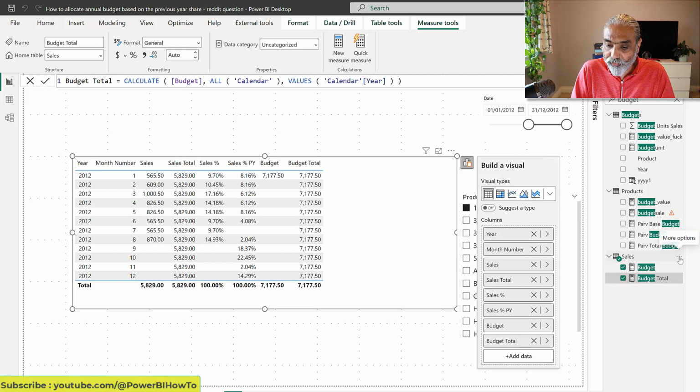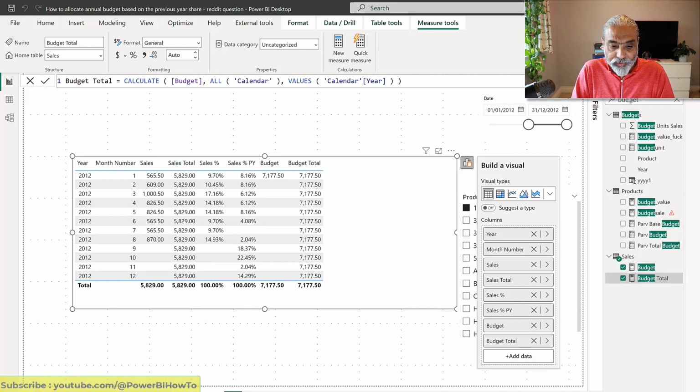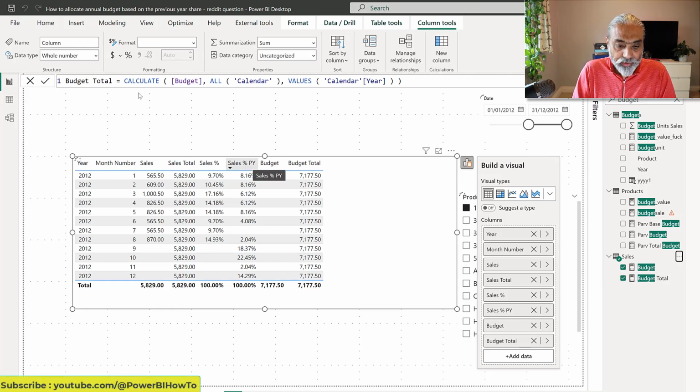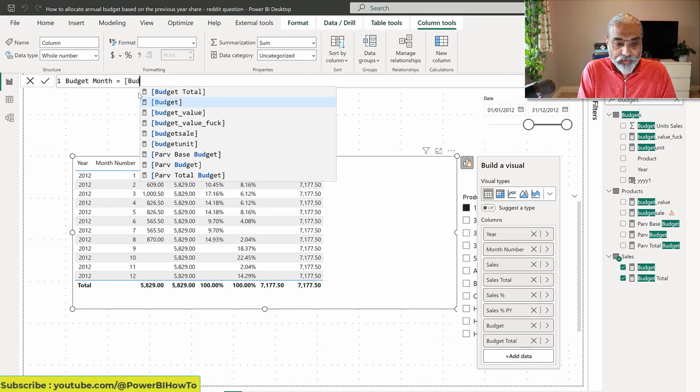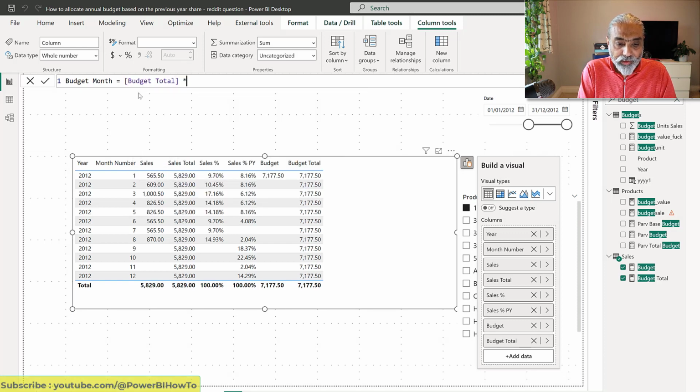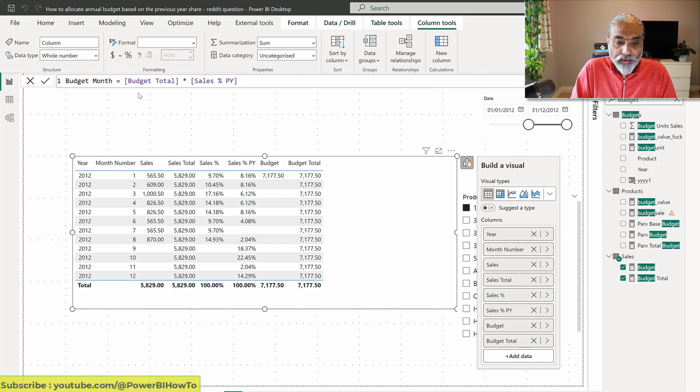So basically that will be total budget multiplied with the previous year's sales percentage. So budget month, that is, we multiply our total budget with sales percentage previous year. So if we show this measure in our visual here now,